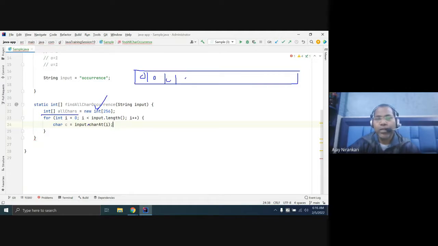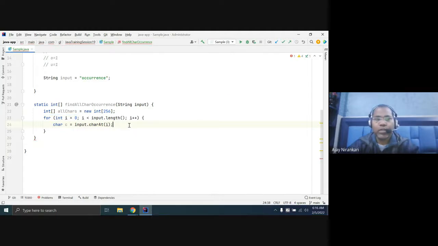Our intention was that whenever we get the first character, in this case O, we are not going to store O itself. Each character has some ASCII value, let's say 99 or 94, and at that index position we are going to increment the counter.